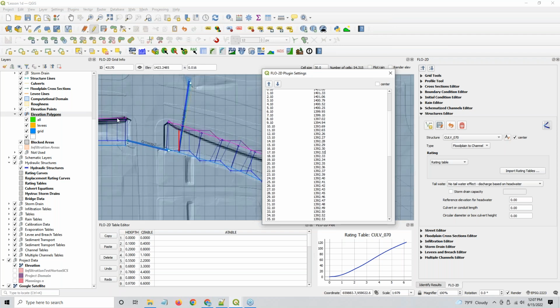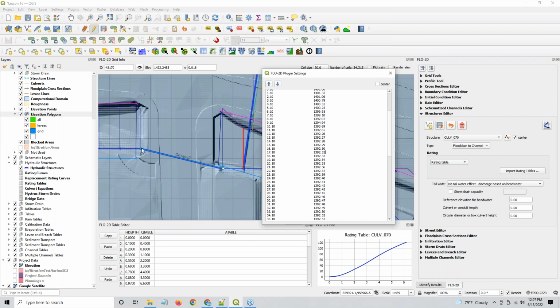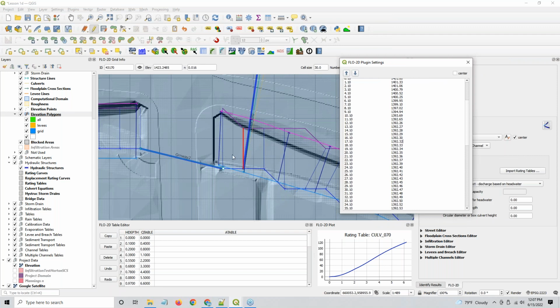And the same thing goes for a storm drain. I've got a storm drain coming right here, but I can't assign it. This one already has a structure assigned to it. So I have to assign my storm drain right here. Same thing here, I have to get it away from that structure, assign it just upstream. And as the water fills this channel,